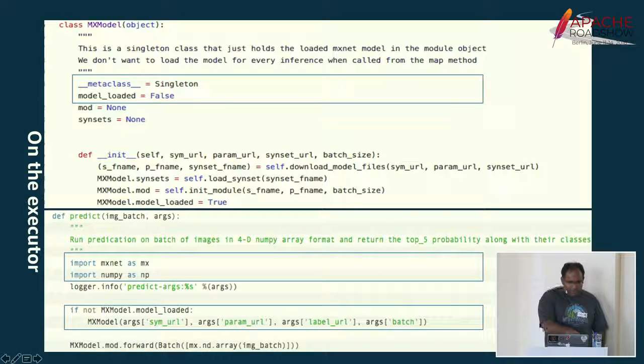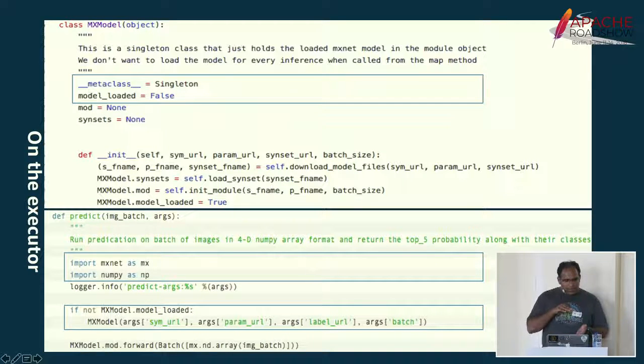Like I said before, we need to load the model only once. For whatever reason, Spark doesn't give you an init routine on the executor. Instead, we use a singleton and a static method to load the model onto the process only once. And another thing is we have to import the libraries only inside the mapPartitions method instead of at the top of the module, because otherwise PySpark tries to serialize these libraries from the driver to the worker and most often fails, saying this has pointer references which it cannot understand.